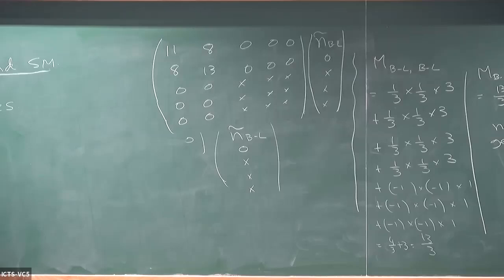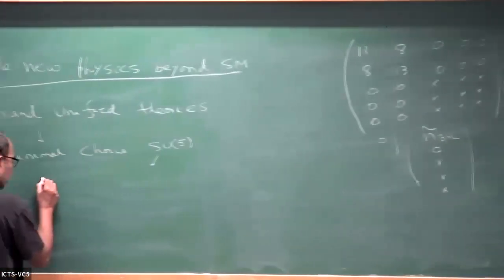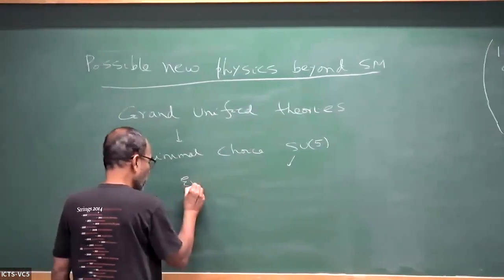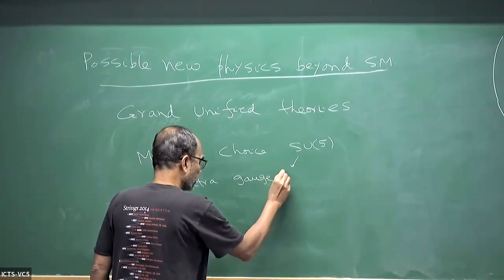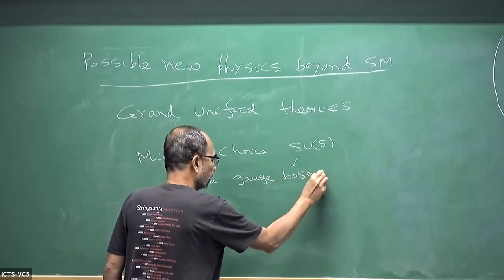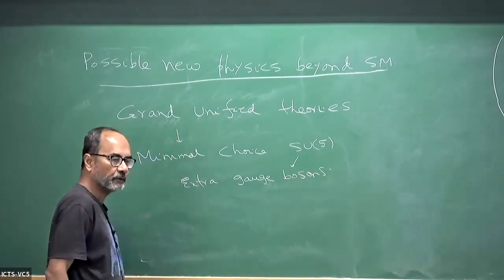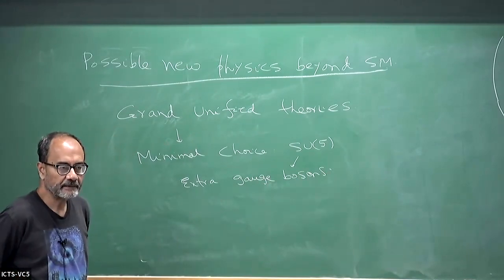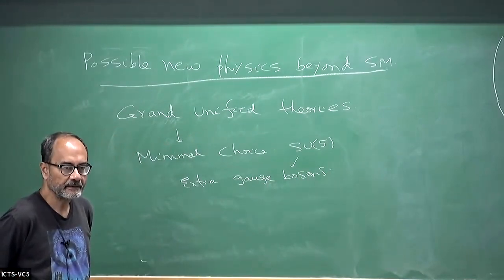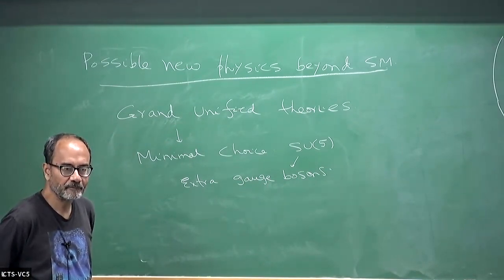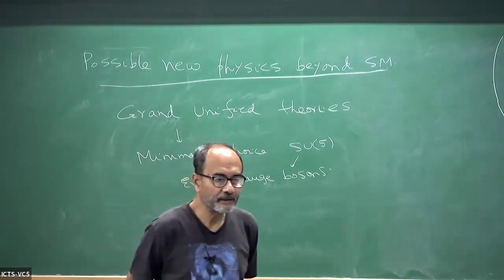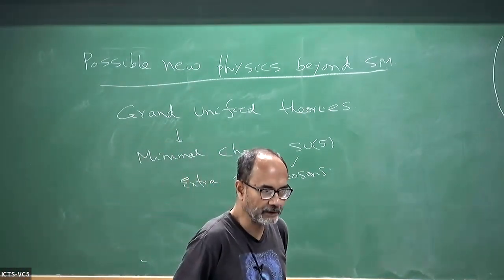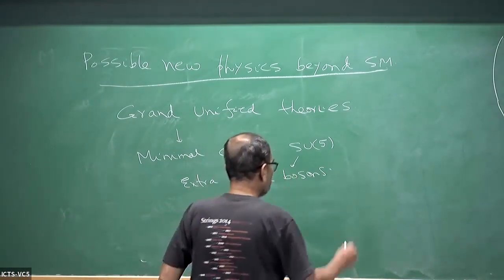So this has extra gauge bosons, clearly. First of all, it has extra gauge bosons. So how many gauge bosons are there in SU5 altogether? The number of generators of SU5. Pardon? 24, right? N squared minus 1 is the formula. So it has 24 generators,